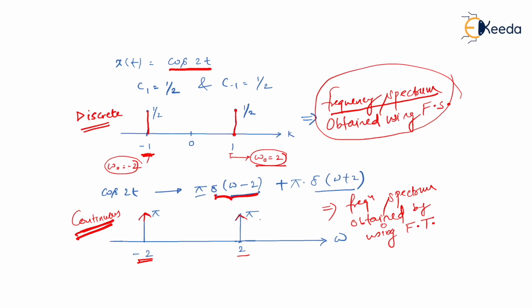Here we have shifted continuous impulse functions, and these are also shifted, but discrete impulse functions. But in terms of area and in terms of magnitude, they are different. So we should now compare these two and relate them. Now if I want to compare, I can write a standard relation like this.